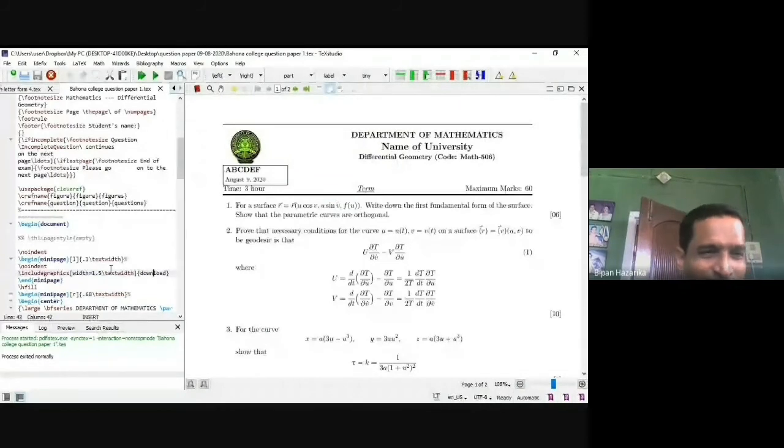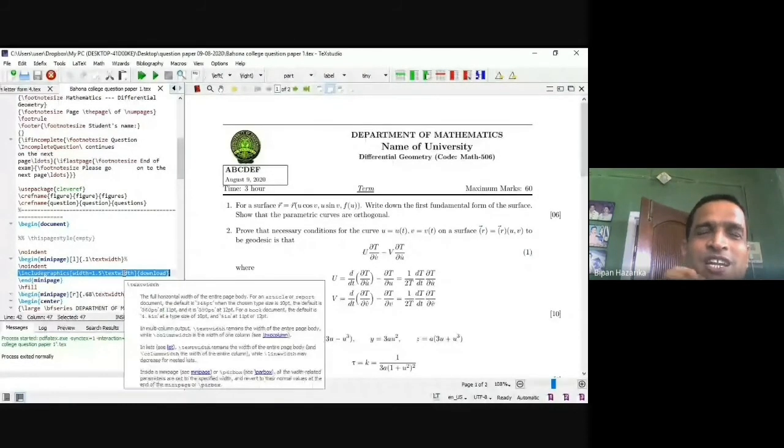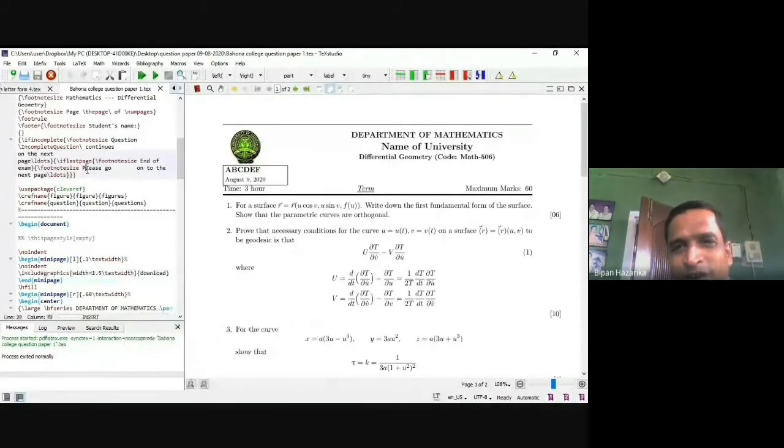See, I made a mistake in this line. My photography file, that means the include graphics file, was not in the folder. So all the necessary documents and figures, if you draw the figure separately, should definitely be in the same folder where you have written the question paper in LaTeX. Now you see this is the question paper pattern. We can write our question paper in LaTeX also.